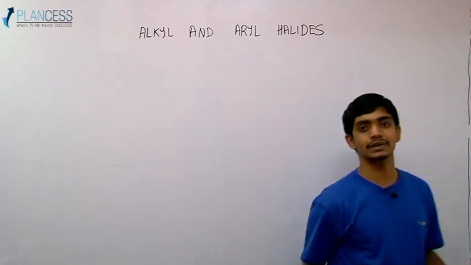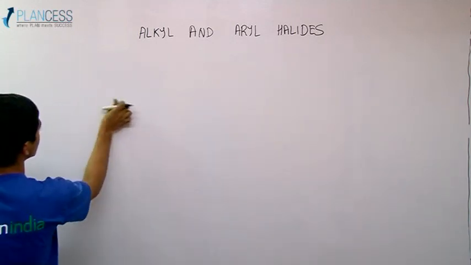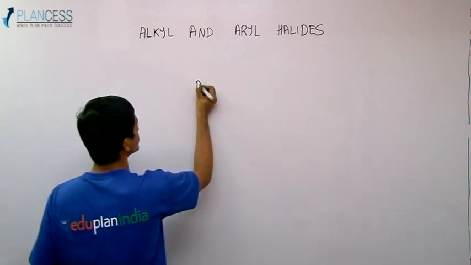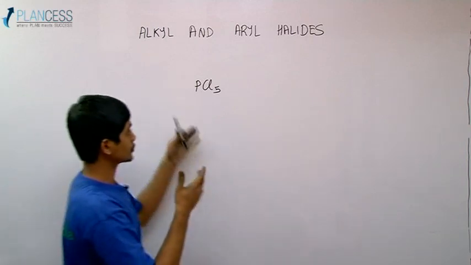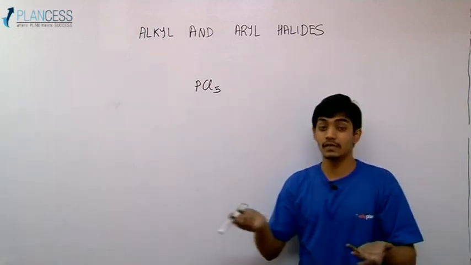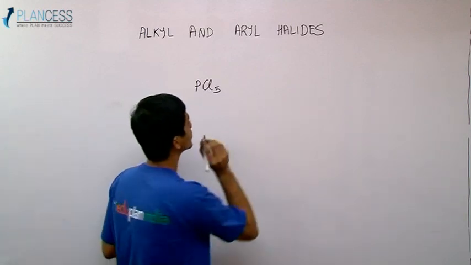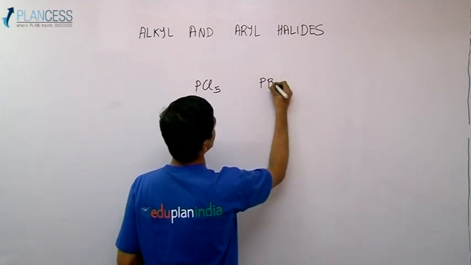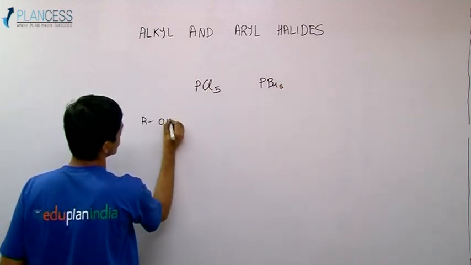I would just like to add a small thing. When we discussed the preparation of alkyl halides from alcohols, we discussed the use of PCl5. So the question arises, why not PBr5 or PI5? We can use them, but there is a slight problem when we use PBr5. The reaction, as we know it, is